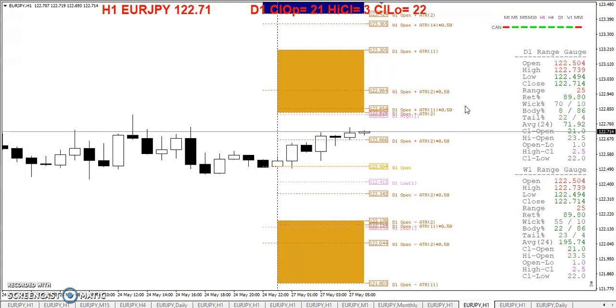I know some traders, they're always looking for something new, and that's one of the reasons why they're not consistent. You need to focus on consistency. Find something that works and just keep using it over and over and over again till it doesn't work. I mean, horizontal line trades are so simple, but